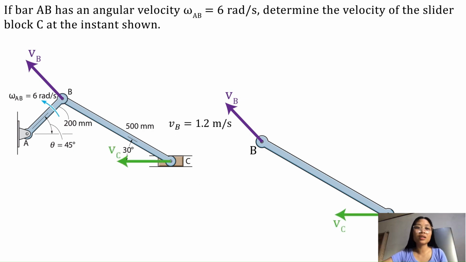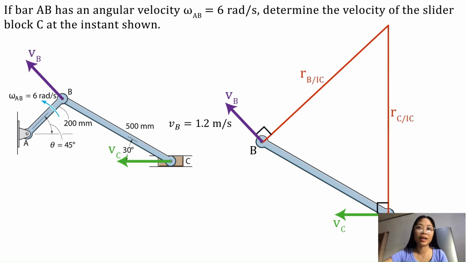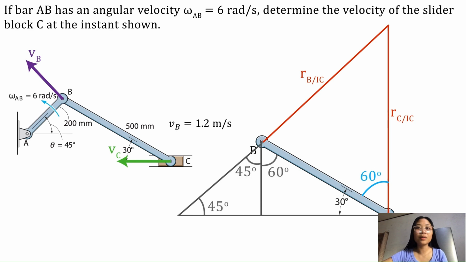Next, we can look at the velocity of point C. We can see that it can only have a velocity vector straight along the x-axis since the slider is locked into a slot. Now that we have drawn out the velocity vectors, we can draw our perpendicular lines. The next step is to figure out the angles inside this triangle. The bottom angle has to be 60 degrees, since that's 90 degrees minus 30 degrees. To figure out the angle on the left, we can draw two triangles like this. So that angle must be 180 degrees minus 45 degrees plus 60 degrees, giving us 75 degrees.